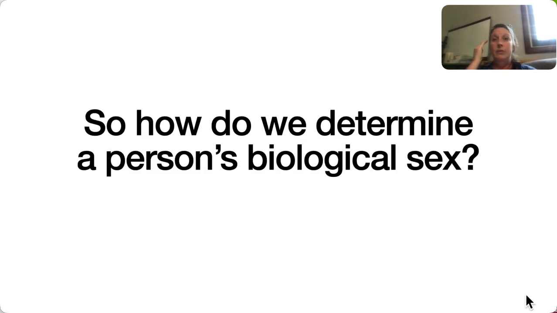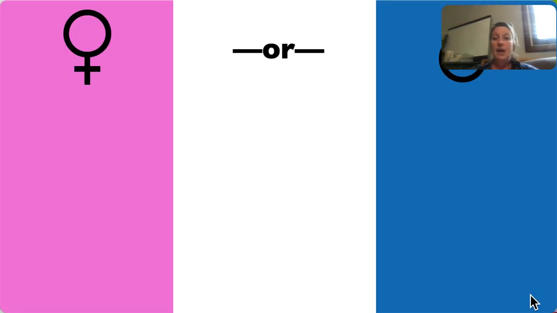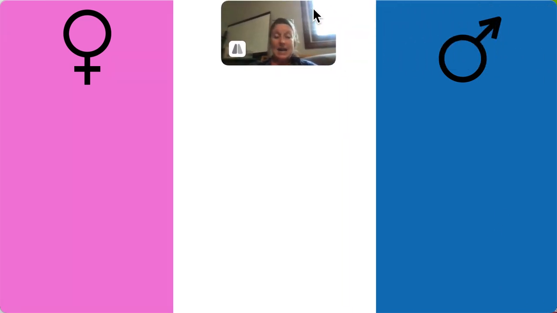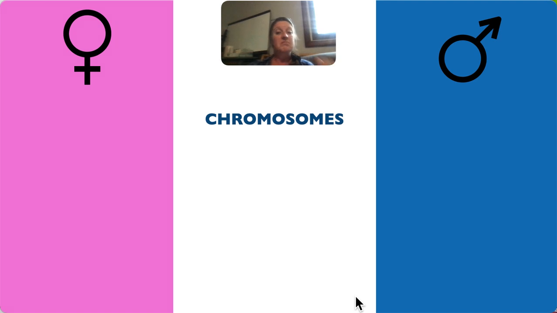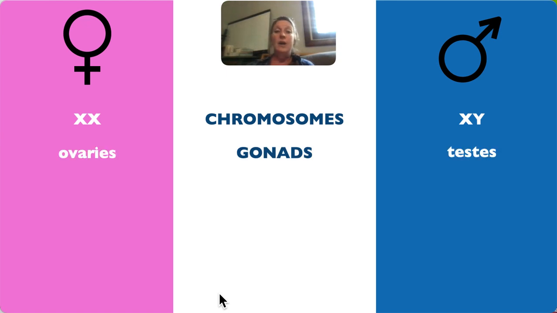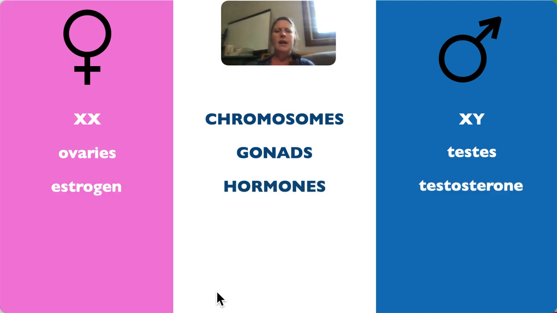Okay, so all of this was really complicated and has introduced more questions than answers, probably. So it leaves us with, how do we determine a person's biological sex? Now, using what we call the binary model, which is what's most popular in our society and many societies around the globe, it's very simple. It's either or. You have two X chromosomes, you're female, an X and a Y, you're male. If you're female, your gonads are ovaries. If you're male, they're testes. Your hormones, very clear, estrogen for the ladies and testosterone for the men.